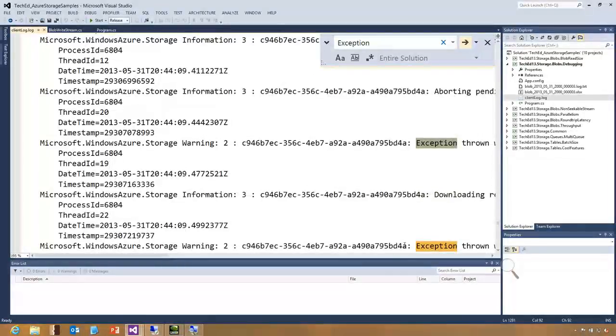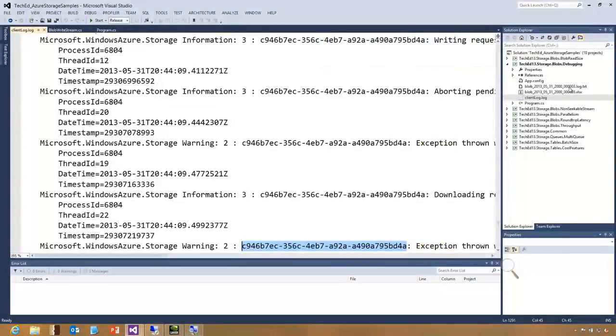Let's see here. Let's take this one. So I have this client request ID. And then in the storage, in my blobs, I've enabled logging on my account. We'll get to that in a second. And after some period of time, it's flushed out these logs to these blob files that will be automatically GC'd